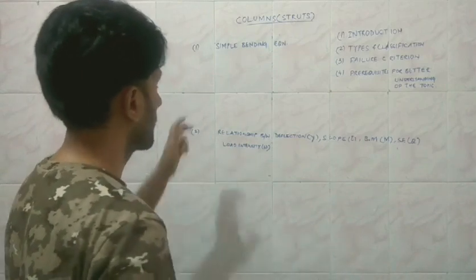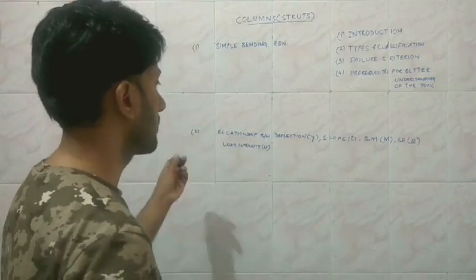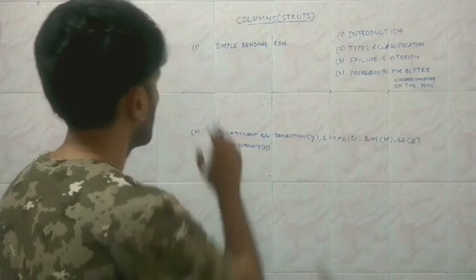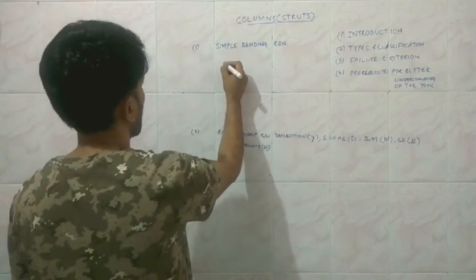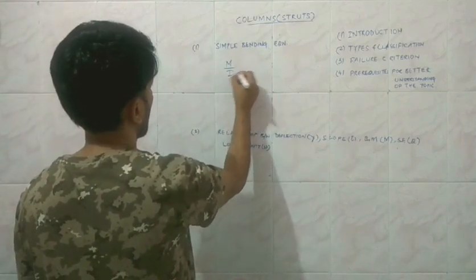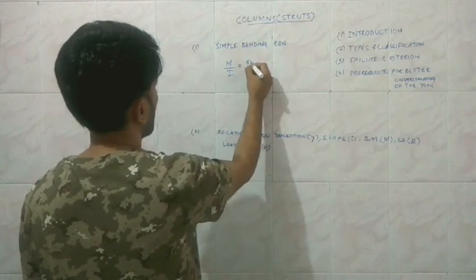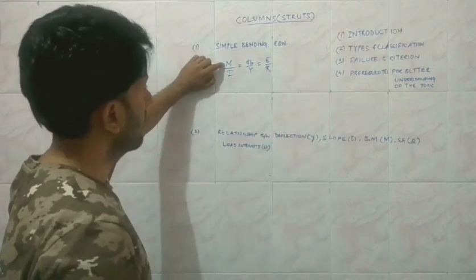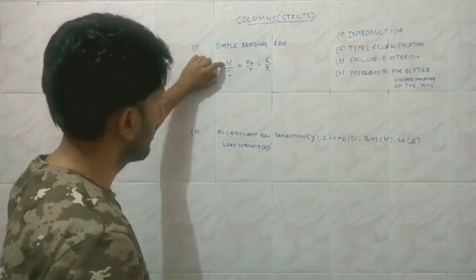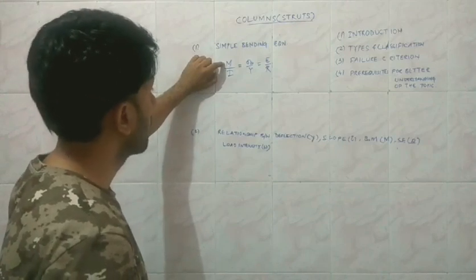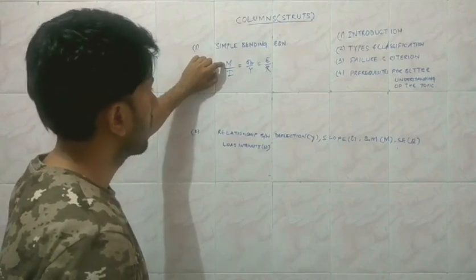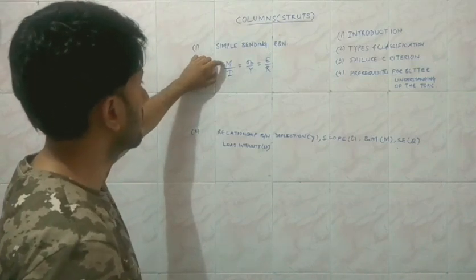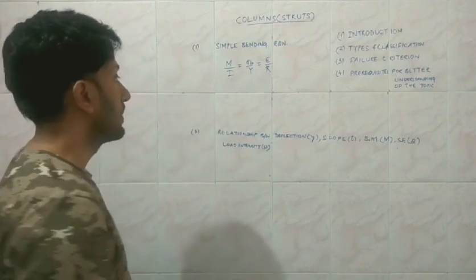So these are some important topics that you have gone through in your previous class on strength of materials. So the simple bending equation is M upon I is equal to sigma B upon Y is equal to E upon R. So M is the resisting bending moment that is induced in the component because of the external loading, that may be point loads, or that may be directly because of the moment or the couple that is applied around the length of the beam. I is the second moment of the area.